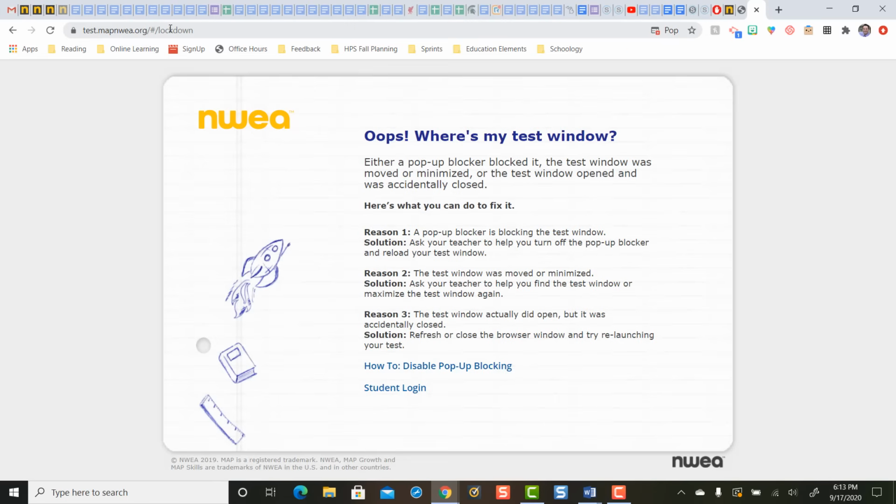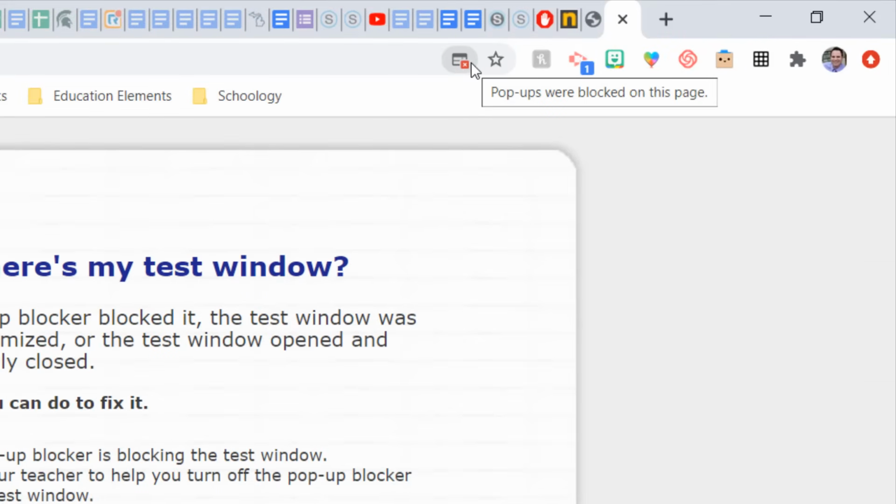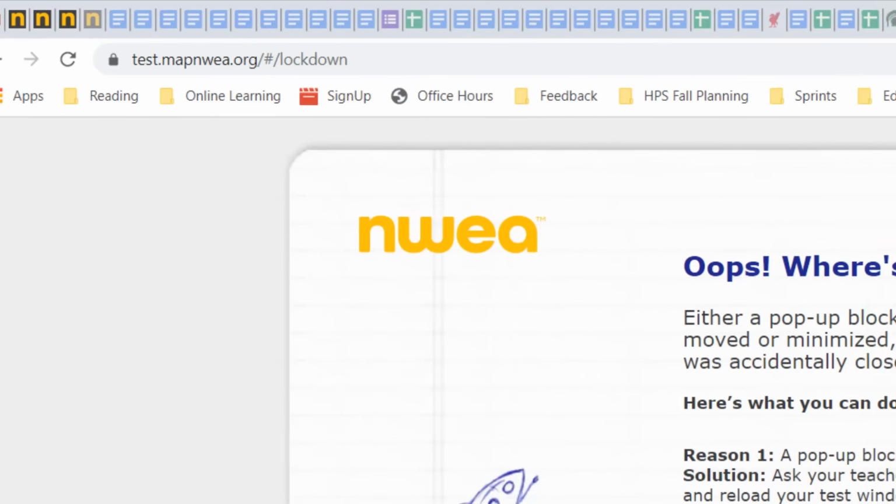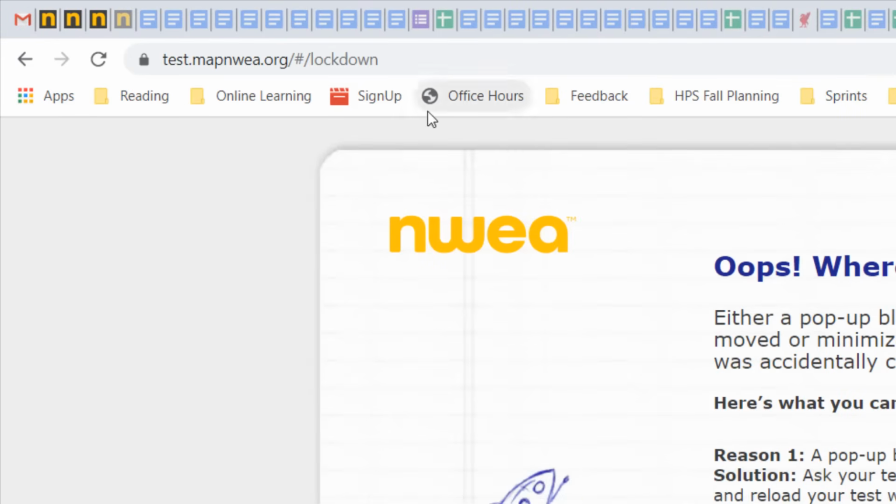Your NWEA window might look like this. If you're getting an error message, chances are that your pop-ups are being disabled from the NWEA site. You can click down here to read about how to disable pop-ups on any browser. On the Google Chrome browser, I'm simply going to look on the address bar and click on this red X, single click, and that will let me manage the pop-up blocker. I'm going to say always allow pop-ups from the test.mapnwea site, and then I'm going to select done. Now, once that's done, I can refresh my web page,